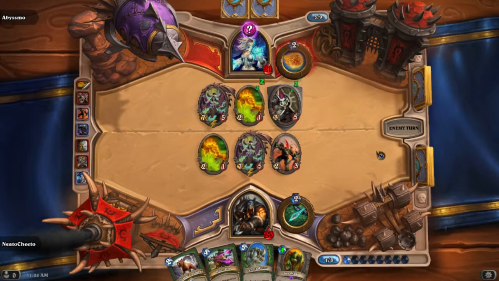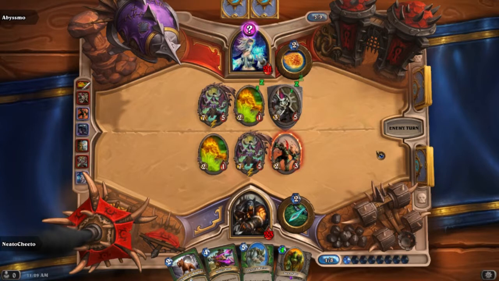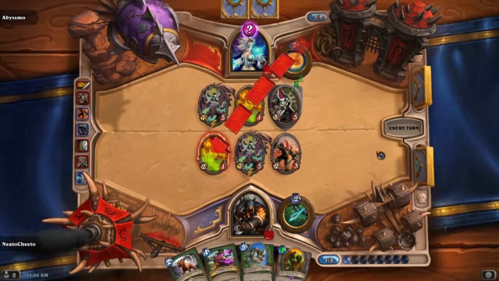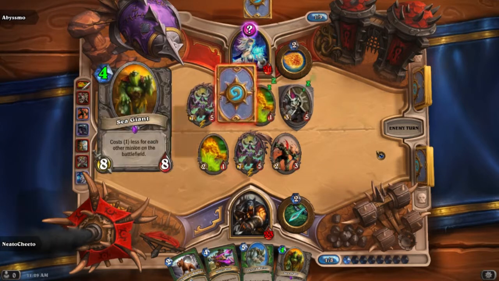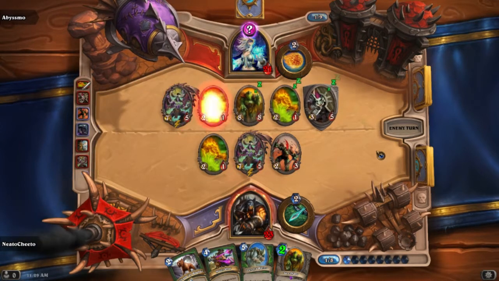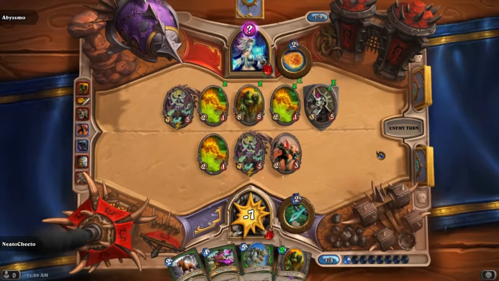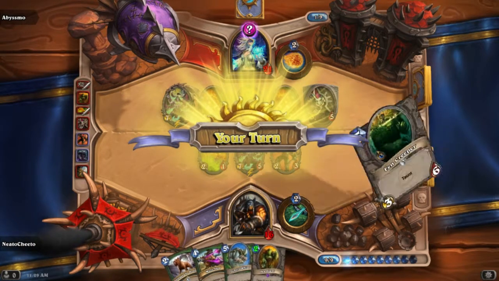Will he trade? No. I figured he would... Maybe not. Okay. He has a Sea Giant as well. Interesting. Very interesting. He attacks me directly. Okay. Well...